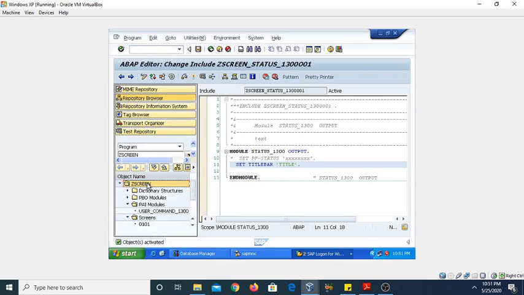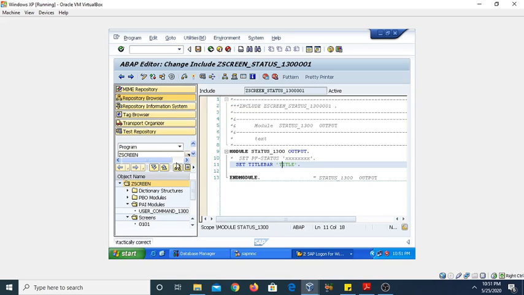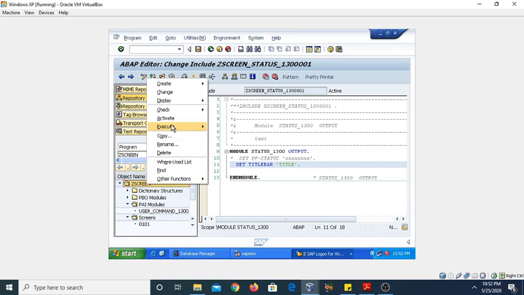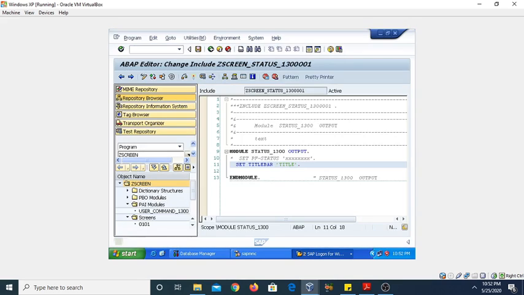Now we need to compile the whole program. Just right click on it, check for the errors. Now right click and then activate it. Object has been activated.